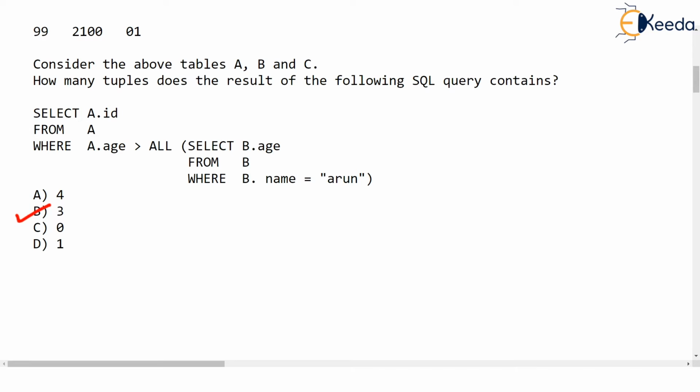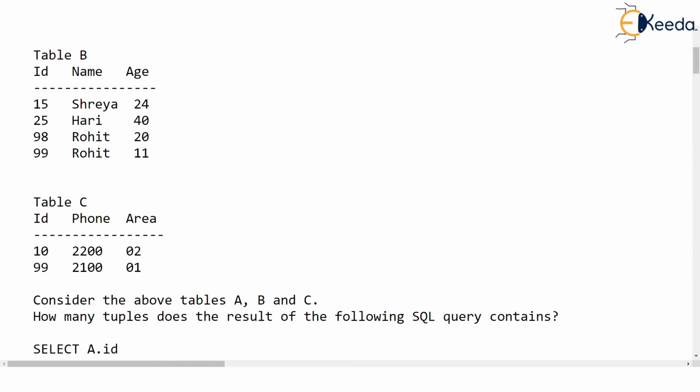Okay, let's revise this. Suppose instead of Arun in the inner query, we had Rohit. How will the inner query run? The inner query is bracketed, so it runs first. It will return all the ages whose name is Rohit from table B. In table B, you observe there are two Rohits, so both these ages will be returned.